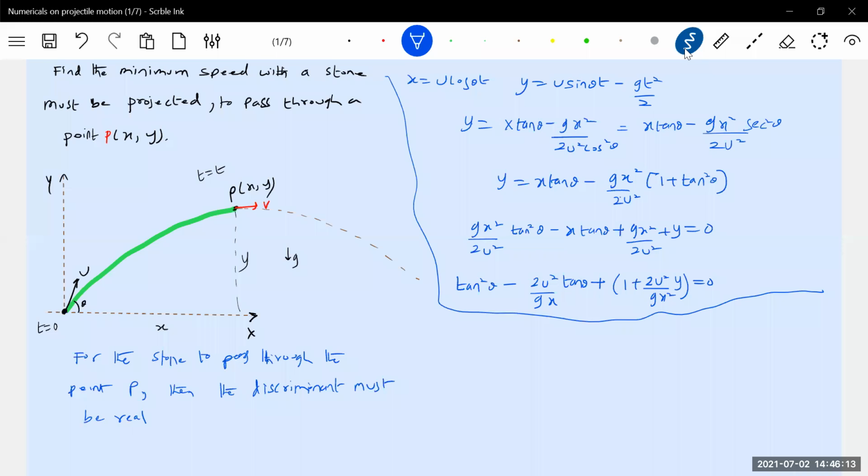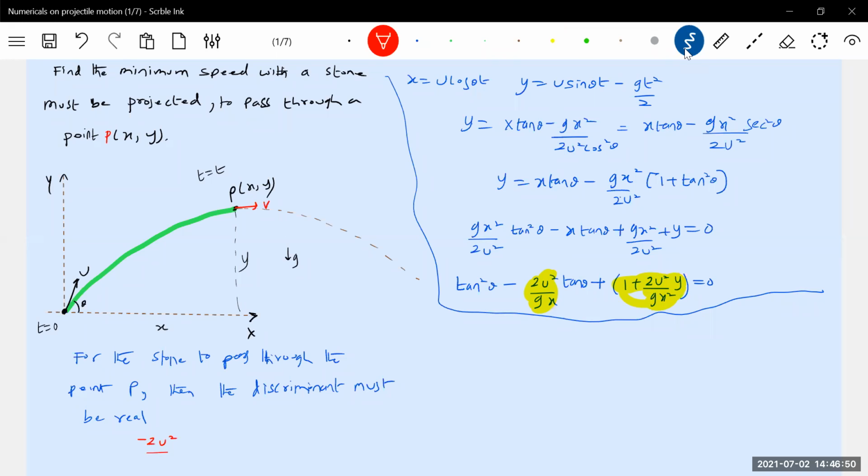This equation is brought by assuming this situation. For this situation to be real, in the quadratic equation the roots should be real. So what is the condition for the discriminant to be real? We have the quadratic equation, this will be like a x square minus b x plus c. In place of a we have 1, in place of b we have this, and in place of c we have this expression. So what is the primary condition? We can write it here now.